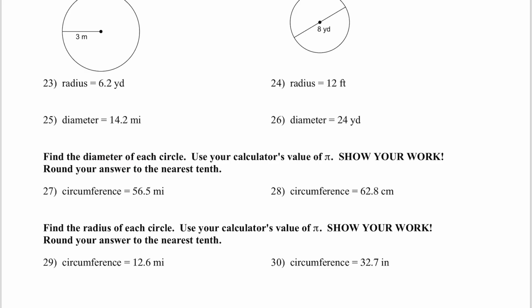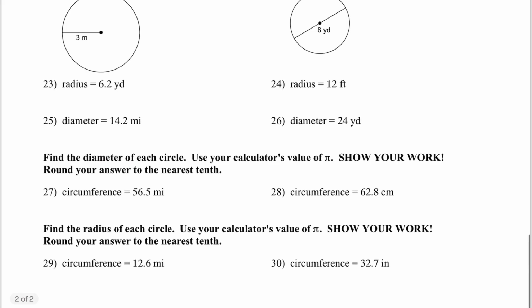In order to do this, we need to remember the relationship between diameter and circumference is d for diameter multiplied by pi is equal to the circumference, c. So if I give you the circumference and need to work backwards to find the diameter, we have to do some division. The circumference in 27 is 56.5. So in my calculator, I would be typing in 56.5. Working backwards and dividing, we divide by pi. And in my calculator, that tells me that the diameter is equal to